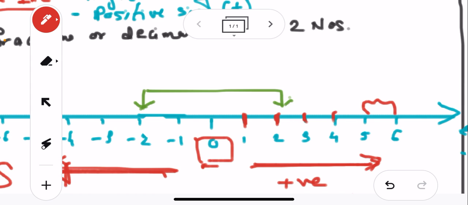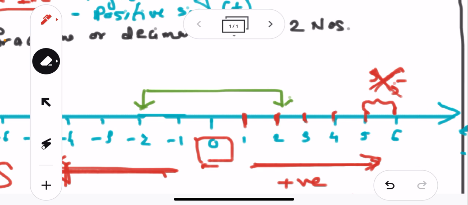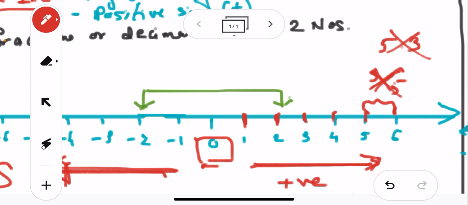Suppose these are the two numbers 5 and 6. There will not be any fraction in between these two numbers, or any decimal like 5.3. Suppose like 5.3, this will not be there in between these two numbers. Okay, so here